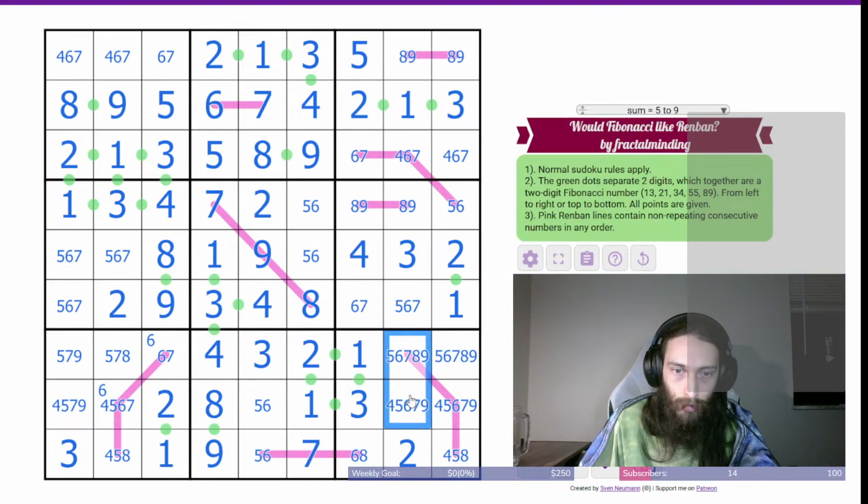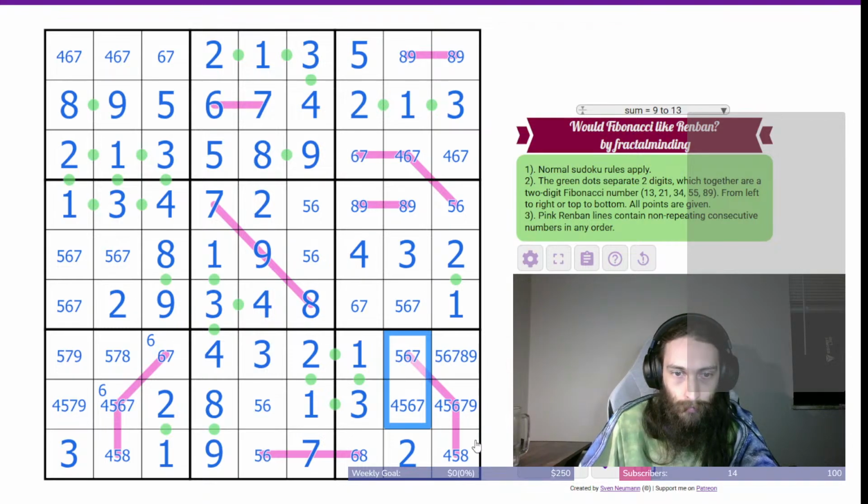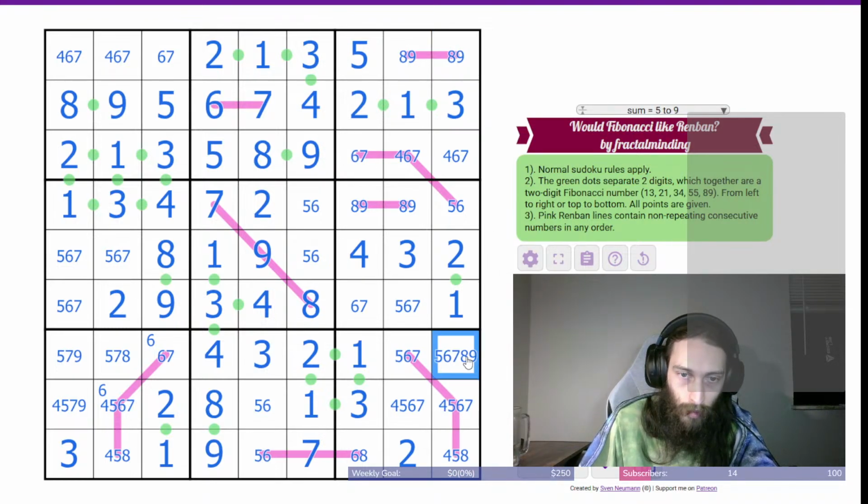8, 9 pair. 5, 6, 7, 8, 9. Okay, if this was a 9, that would have to be an 8, because that can't be an 8. And a 9 and an 8 would break that. So this isn't a 9. So now that has to be a 9,